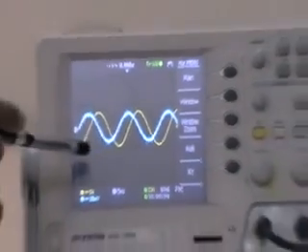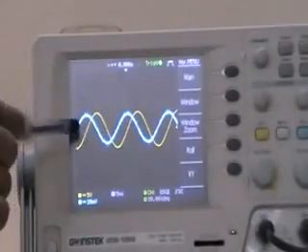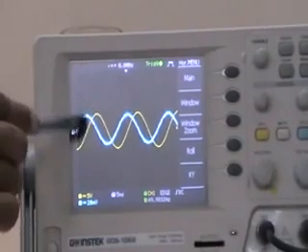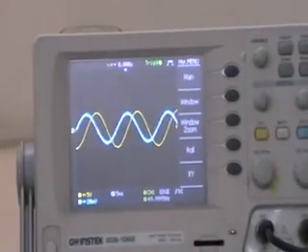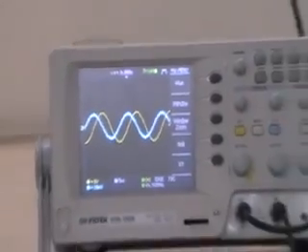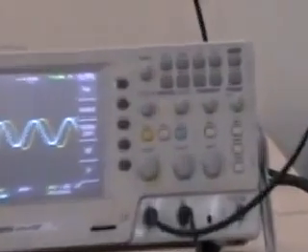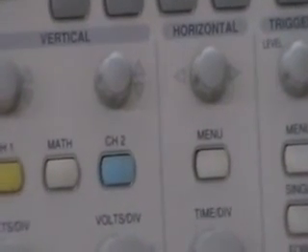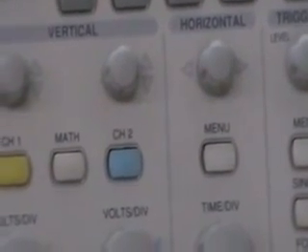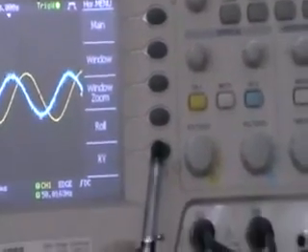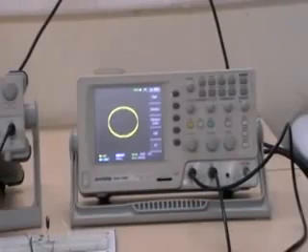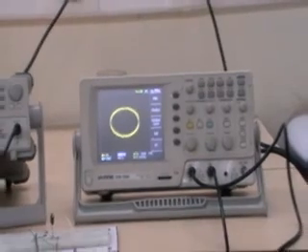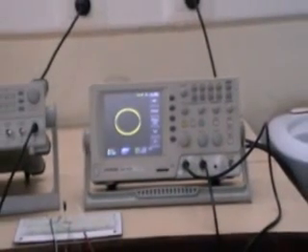Since we have used a capacitor in the circuit, we can observe a phase lag between V0 and VM. Now again, if we want to observe the XY characteristics of the IV waveform, we have to select the menu, and from there select this XY mode. Similarly, for the other frequency ranges as mentioned in the manual, we can observe the IV characteristics for the capacitor